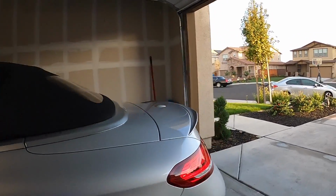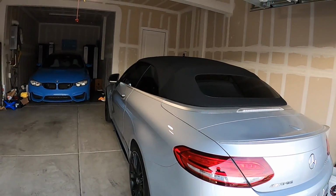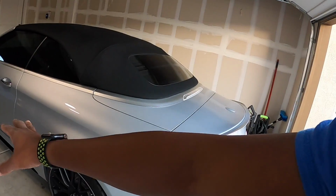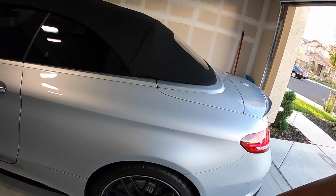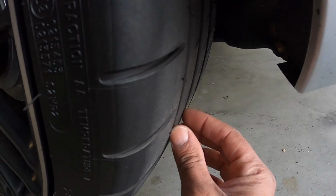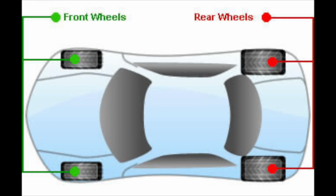So a staggered tire can benefit in several ways. For one, this car is rear wheel drive. It means all this power is going to the rear wheels, so you want maximum traction. You want all this surface here, all this rubber, to get as much on the road as you can. So with that being said, having more rubber on the road gives you more traction when accelerating,